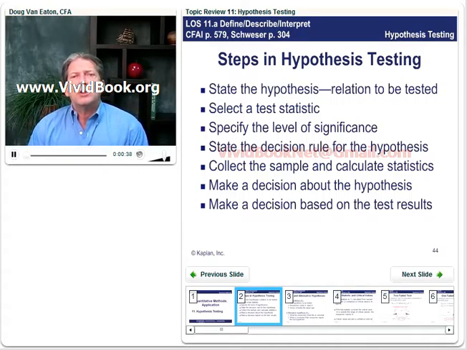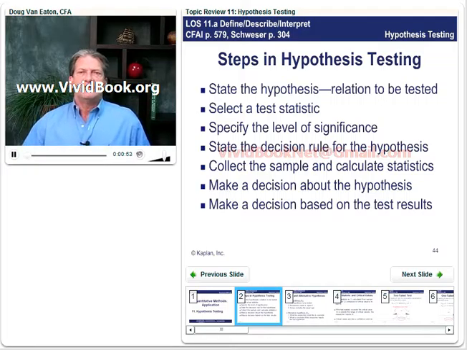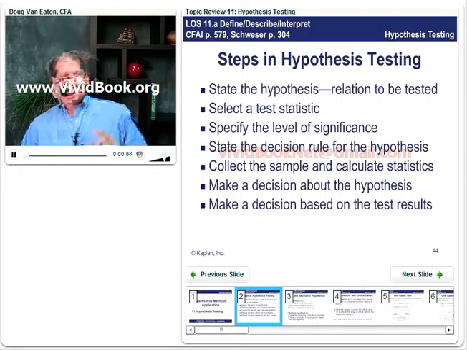Once we've done that, we collect the sample data, we calculate the statistics, and then we make our decision based on our decision rule and the results of our calculations from the sample. And then we make a decision based on the test results. So a decision about the hypothesis and then maybe a decision about invest